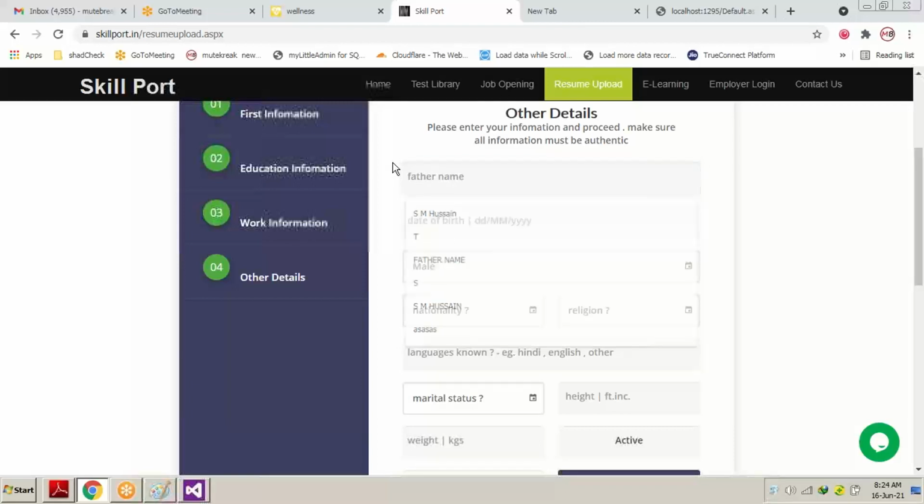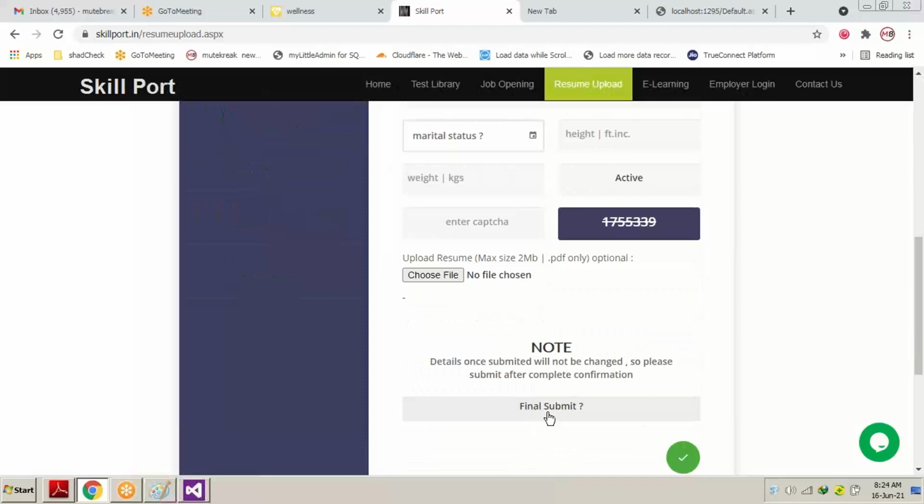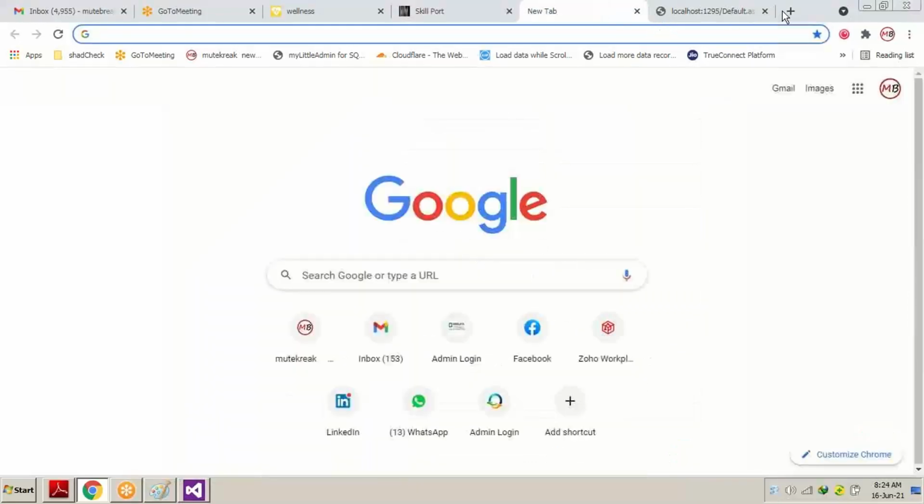But this is the same text box and this is the same button over here, the final submit button, the same thing which you are seeing in this page. This is the text box without any design, without any CSS. That's why it looks in its original view, and the same with the button.